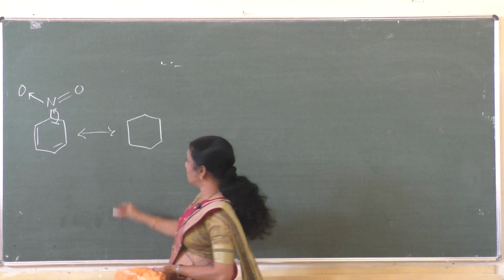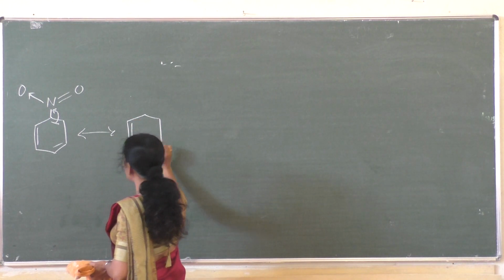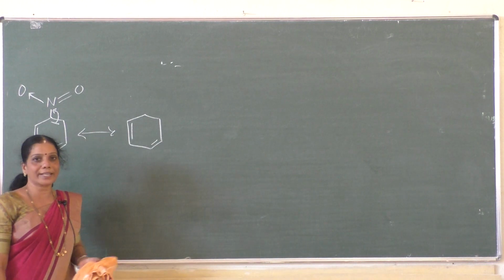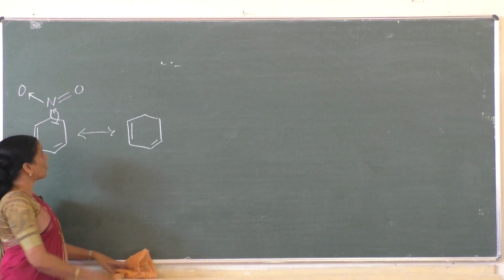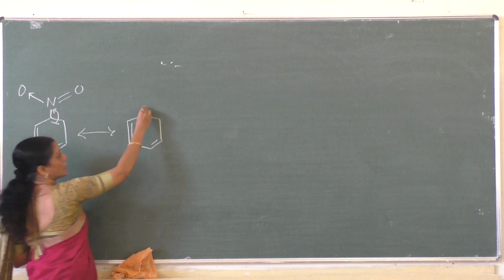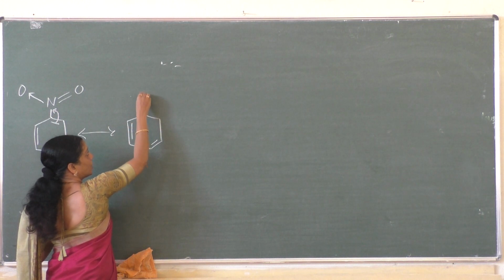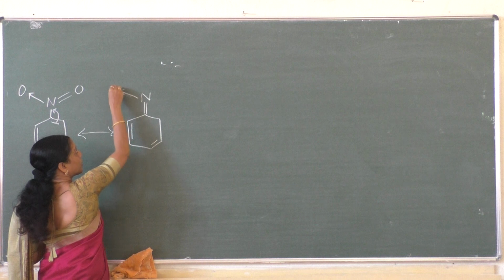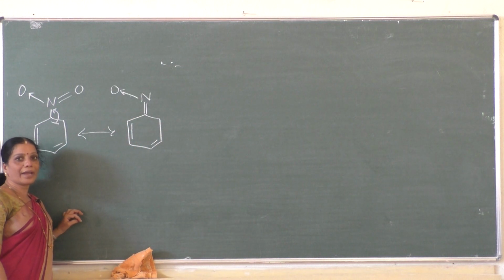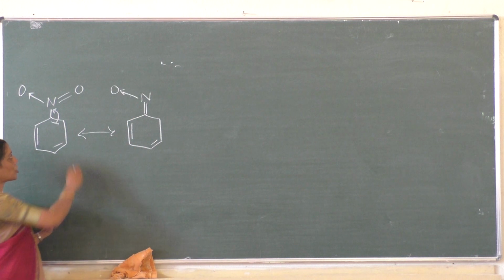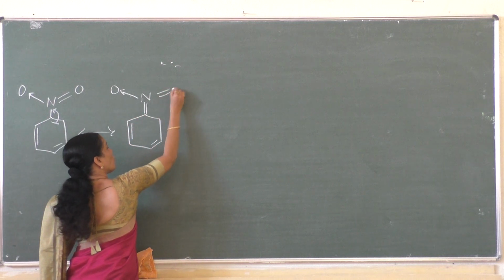Listen here students. Here these 2 bonds we have not involved in the resonance of this. Now we have to write here shift of electrons. Single bond becomes double bond, N. Coordination bond remains as such. Okay, arrow mark with the oxygen, coordination bond. Here, double bond O is there.